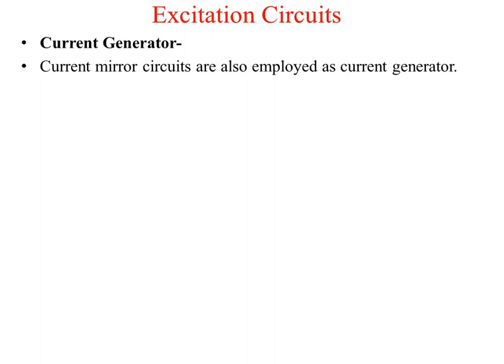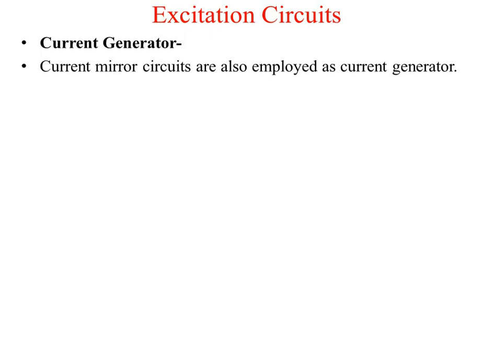Now the problem with the previous circuit was that it is temperature dependent. If the temperature increases, and we know that as the temperature is increasing, the leakage current in the transistor also increases, and that causes an increase in the collector current. So what is expected, irrespective of your temperature variation, irrespective of your environmental factors, your current generator should generate a constant current at the output side, but this is not happening with the previous circuit.